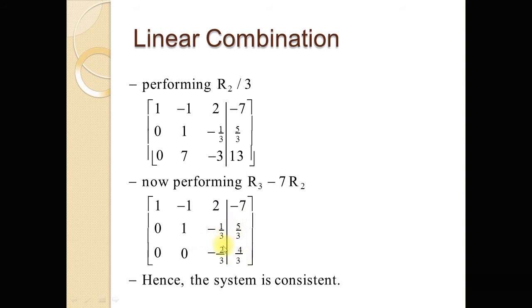And you see over here, dear students, the rank of A is equal to the rank of the augmented matrix, which is equal to the number of unknowns. So in this case, the system has a unique solution, and the system is a consistent system. So the polynomial P can be expressed as a linear combination of P1, P2 and P3.